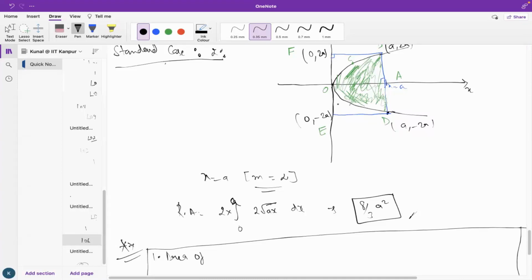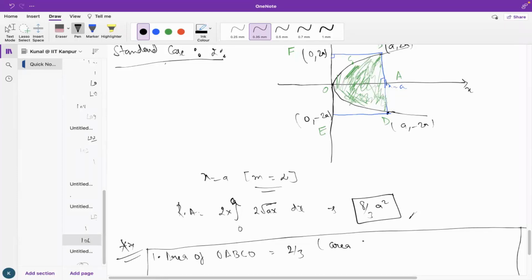The area of OABCO. Okay, OABCO. I mean this figure. Area of OABCO. I mean this region. OABCO. This region. Above the x-axis and below the parabola. So it will be equal to 2 by third of